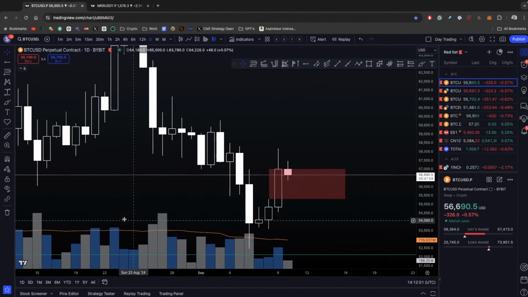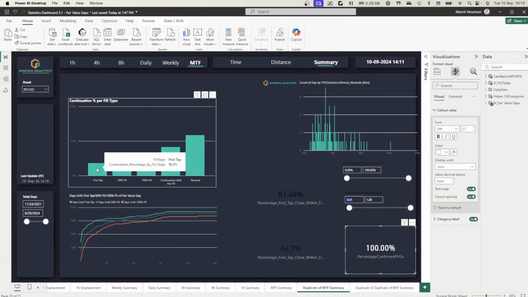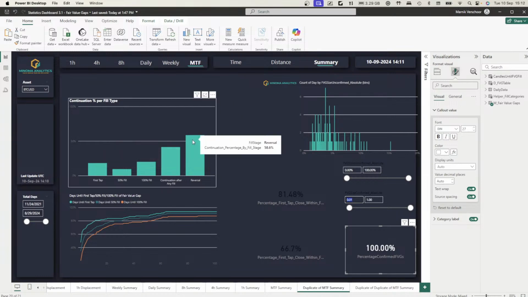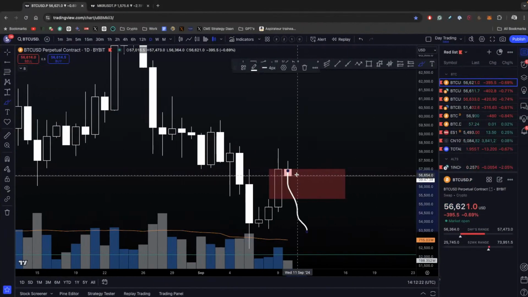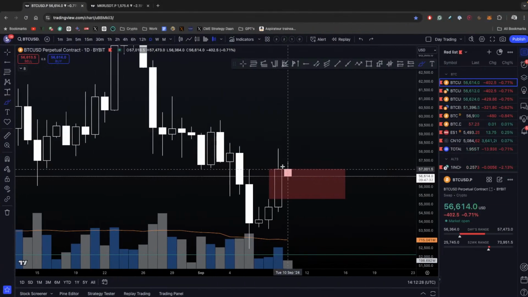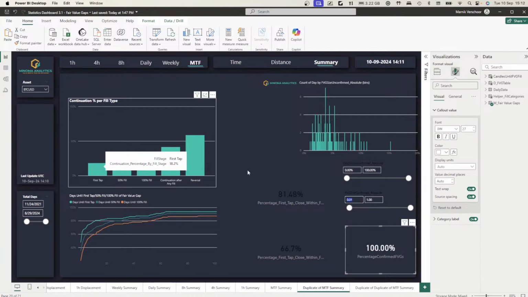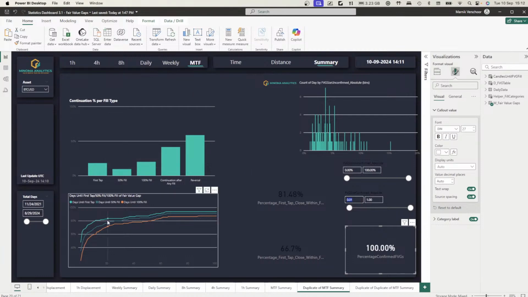So not only that, we also know that once we close this fair value gap, it is very likely that we're gonna fill it a bit, because we can see that it's very rare for price to continue after fill. In fact, most of the fair value gaps, 58% if you take all of them, end up in a reversal, right? So 58% of them just do this. And only 18% do something like this, where you tap it and then continue. So that's actually very rare. So they act as massive magnets, right? You can see even here that 80% of these will get 50% filled within 26 days.